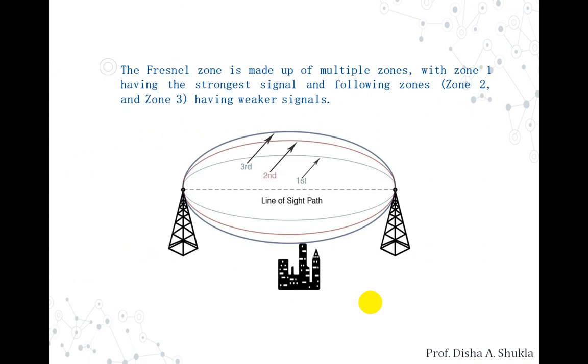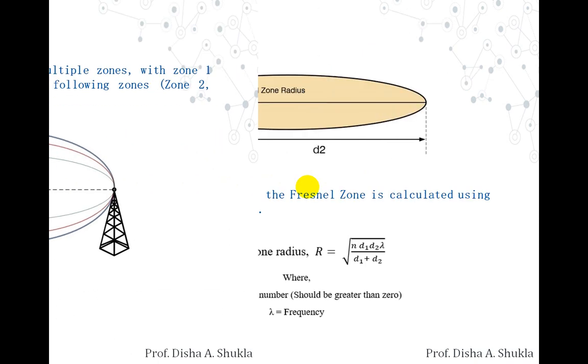So this is the Fresnel zone. Say, for example, this is my antenna 1 and this is antenna 2. Based on them, between we have an elliptical region. This is called the Fresnel zone, and it's not only one; we have multiple concentric ellipses here, and based on that it can be defined. There are multiple zones, but they become weaker. I mean the signal strength becomes weaker as the Fresnel zone's radius increases.